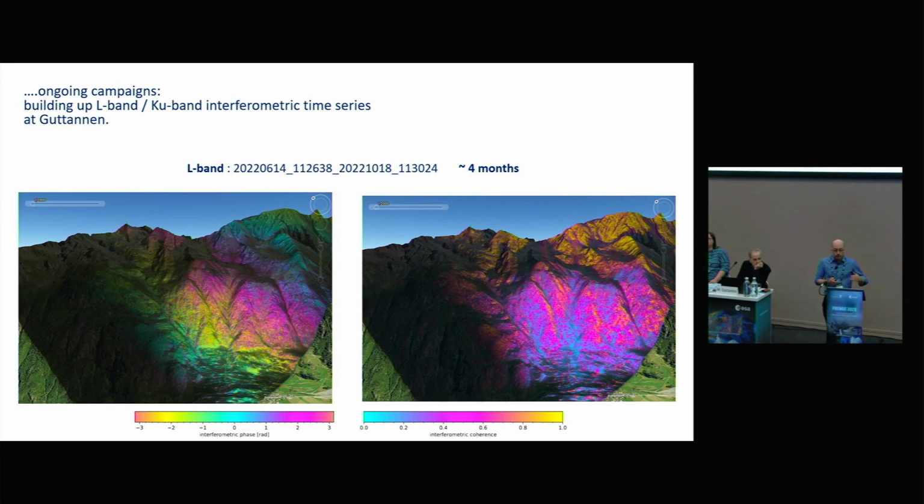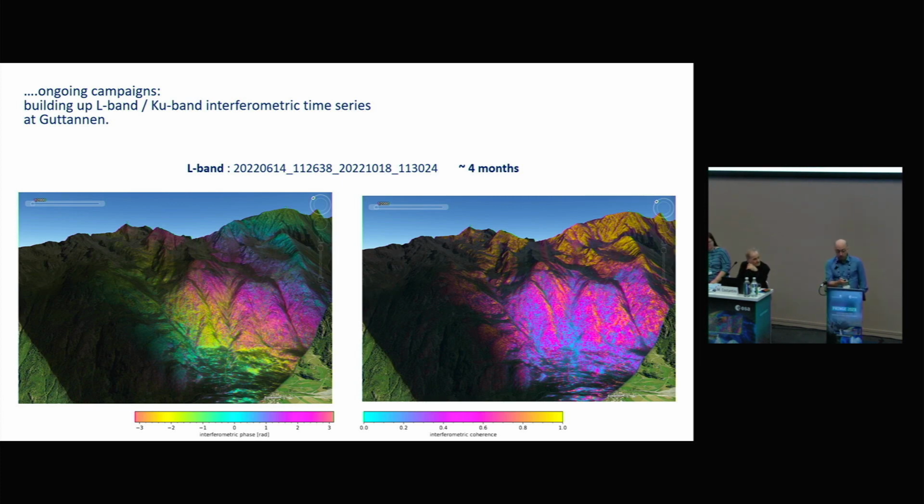Now looking at the longer time span, 4 months, for this site. You see that for L-band, as previously, we still have quite nice coherence, and the phase also looks very smooth. So this is easy to correct. What is not corrected here is of course not displacement, but mostly atmosphere probably. But this is not problematic to correct. This is similar to what we had to do for the Brienz landslide case, where we can easily correct that and then actually look at displacements.